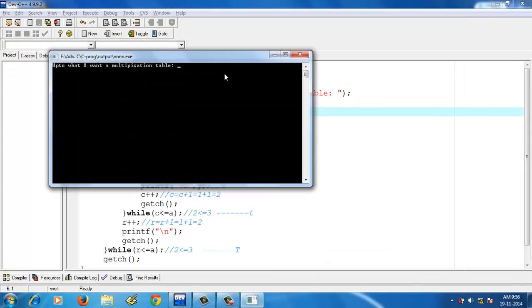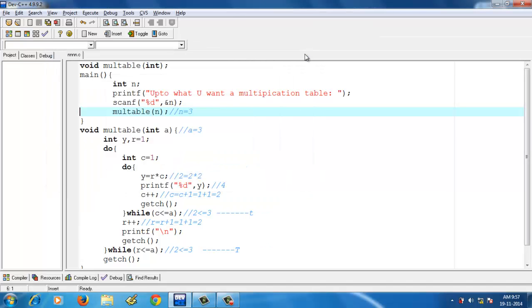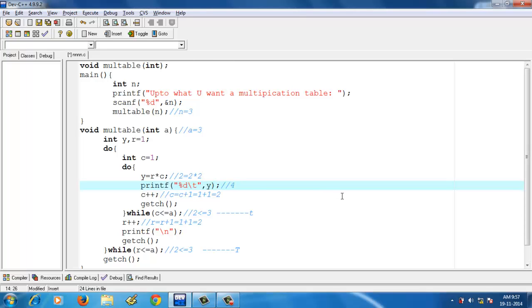no error is there. You can give a number as 5, then first one is 1, then 2, then 3, 4, 5. Here the proper pattern is not like this, so we need to specify a space tab, means a tab is put in there.